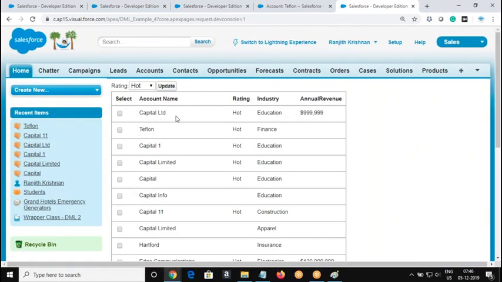Right, we got a table like this. Okay, now the next enhancement is